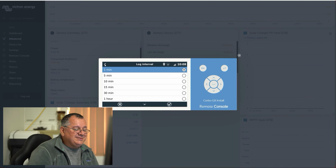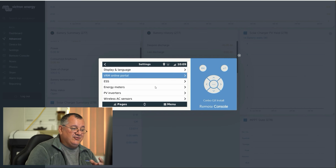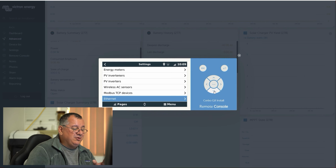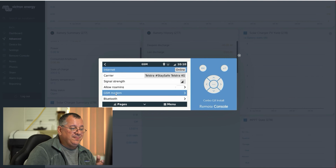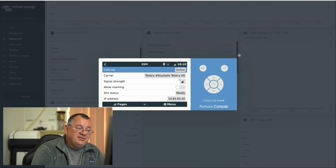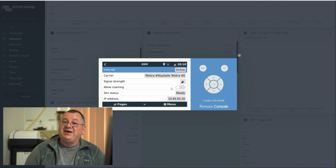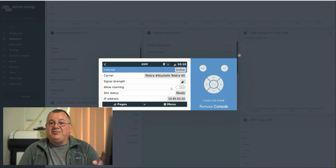So let's go back. I've also got a GPS tracking device mounted through the Victron device here. So if I just scroll down a bit more, I should be able to see those settings. And it also will be the settings for the dongle, the GSM modem. So here's the GSM modem, so I'll click on that. So you can see here I'm connected to the Telstra 4G. So I bought a prepaid SIM card for the mobile phone, and I'm using that at the moment,